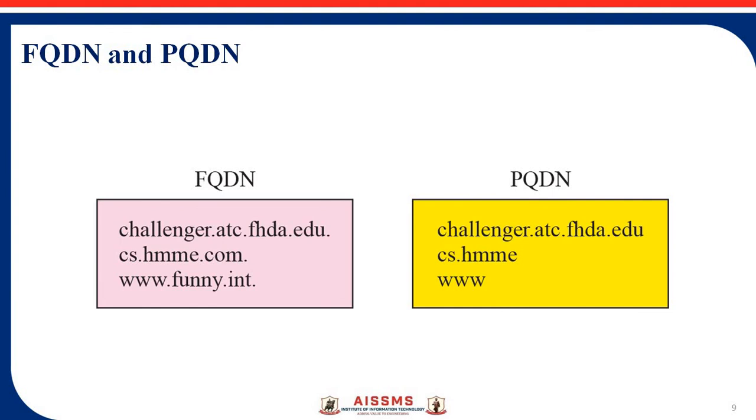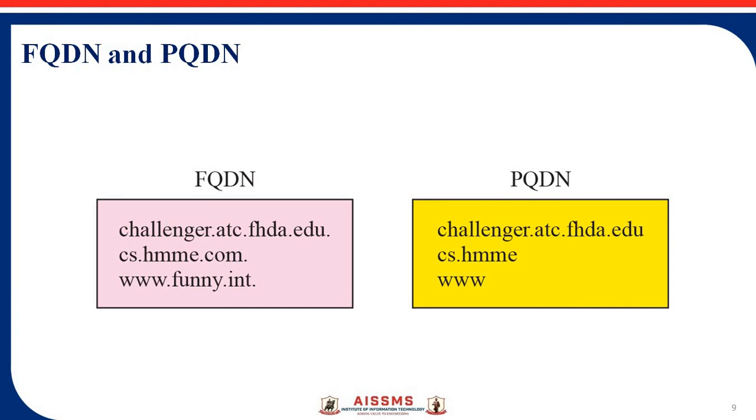Now we'll see partially qualified domain names. If a label is not terminated by a null string, it is called a partially qualified domain name. A partially qualified domain name starts from a node, but it does not reach the root. It is used when the name to be resolved belongs to the same site as the client. Here the resolver can supply the missing part, called the suffix, to create a fully qualified domain name.